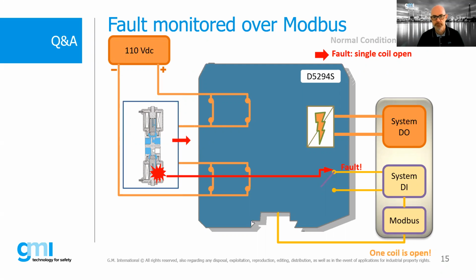Now, okay. Basically, the contact out for fault gives you just information about a generic fault. You cannot know what kind of fault you are having. While with Modbus, the different registers give you exactly the information about the fault. That could be open circuit or short circuit, or also a fault in the coil, in this case for the valve, or an internal relay fault. So there are different possibilities with the Modbus communication.